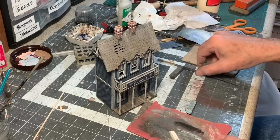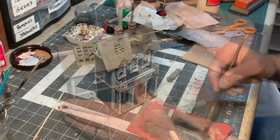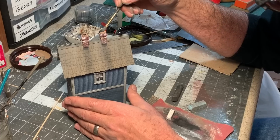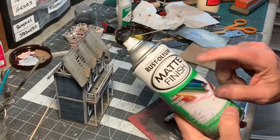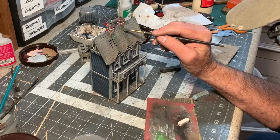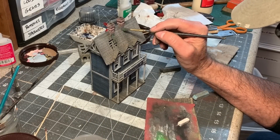So below these chimneys, I want some black soot. And then I want a whole bunch of soot up here on the tops of these chimneys. This is probably going to take a couple of passes. So I'm going to lock down this first pass with some Rust-Oleum matte finish. I just want to add a little green, a little verdigris